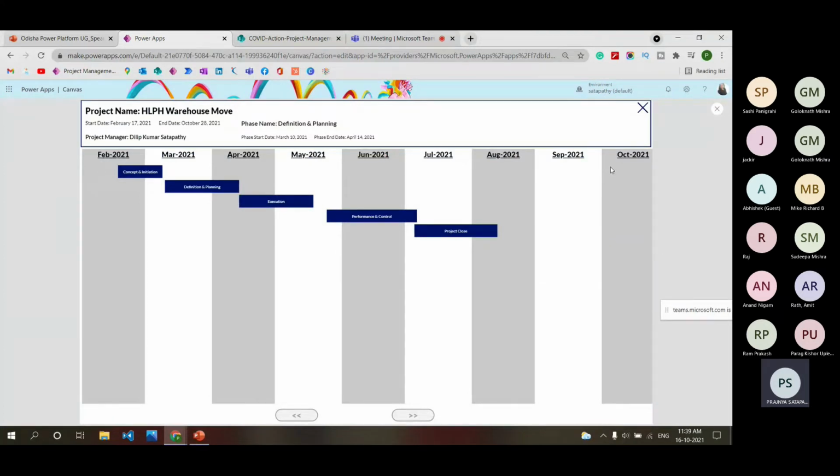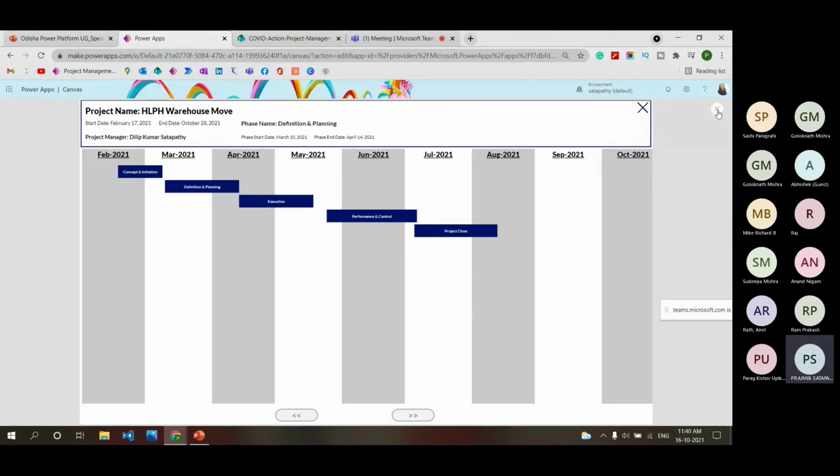to October 2021. So first we will see how this calendar becomes dynamic, because in the basic Gantt chart these columns are fixed and they are not satisfying the requirement. Let me tell you how this Gantt chart calendar becomes dynamic.